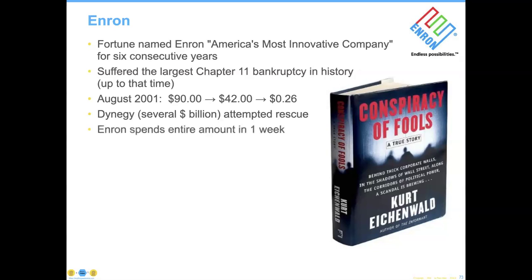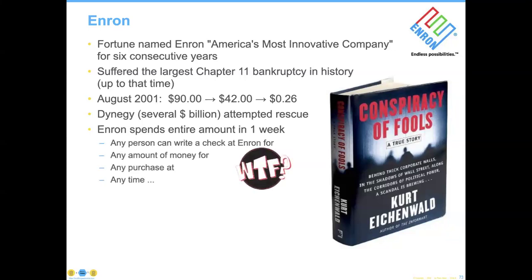And the reason for that is very simple. Dynegy gave Enron several $billions at the beginning of the week, and Enron spent the entire amount of money in 1 week. Oh my goodness. That takes actually a lot of effort to do. We aren't going to talk about that. That's in the book. But the time to have this conversation, remember, is not after you get married, it's before,